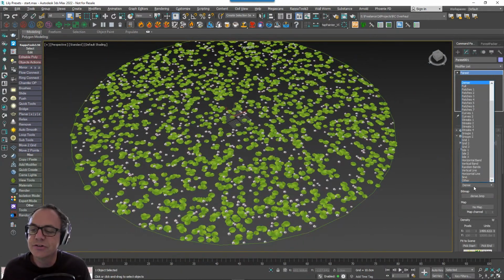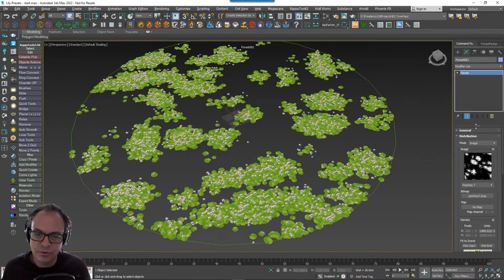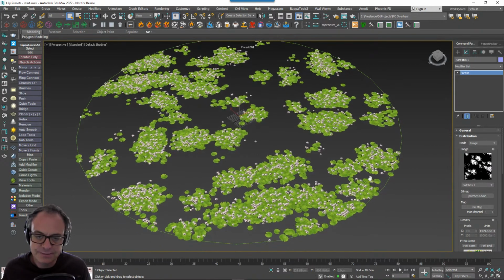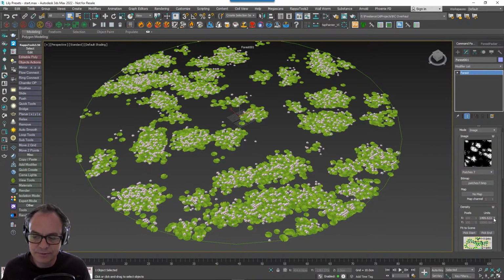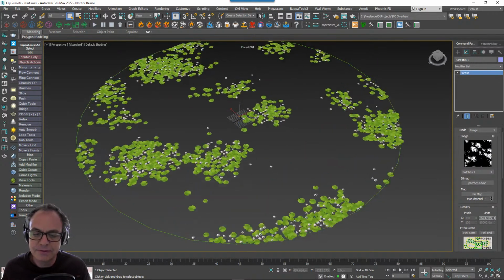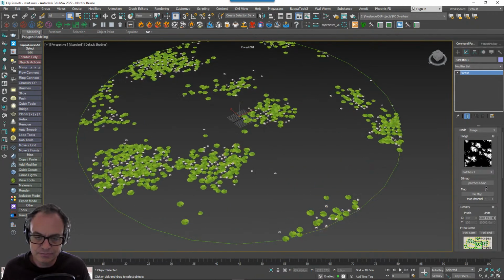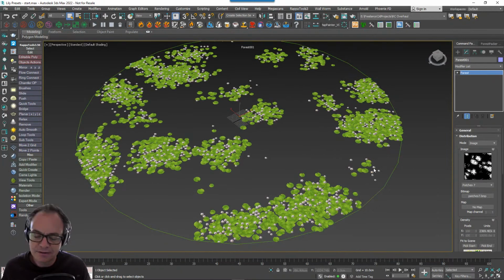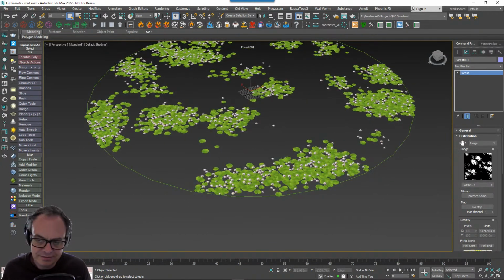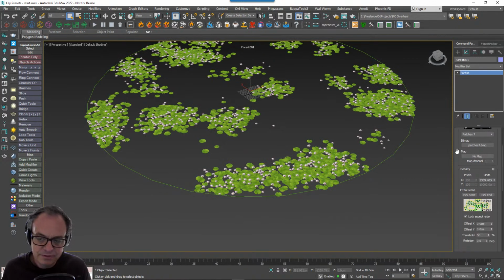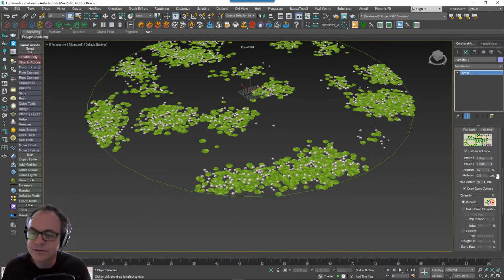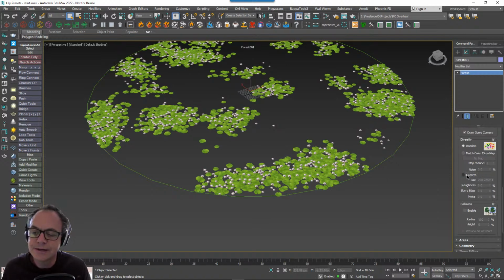So the first thing I might do is change the distribution to maybe something like patches like this, and we can control this a little bit, change the density and so forth. So this will give us our first level of randomization. And then maybe we'll use clusters too. Cluster features basically let you group together items in the geometry list. And if I come down here, I can set this to clusters,